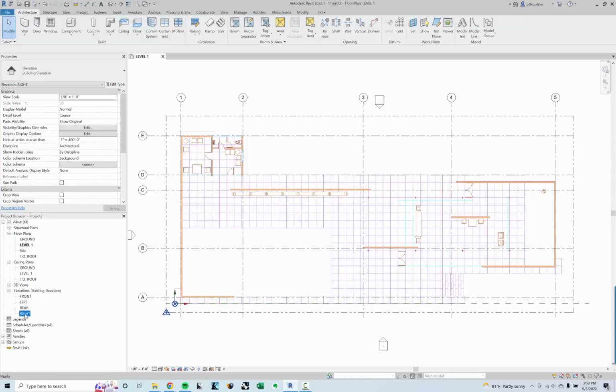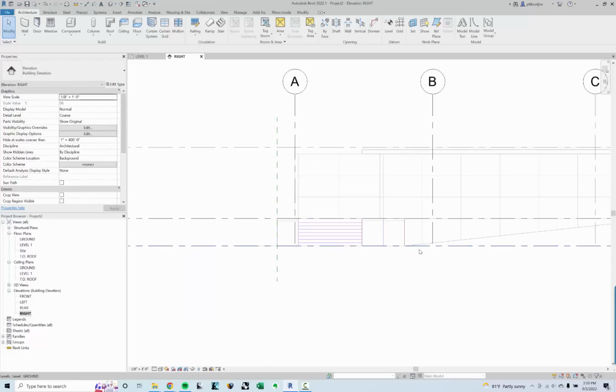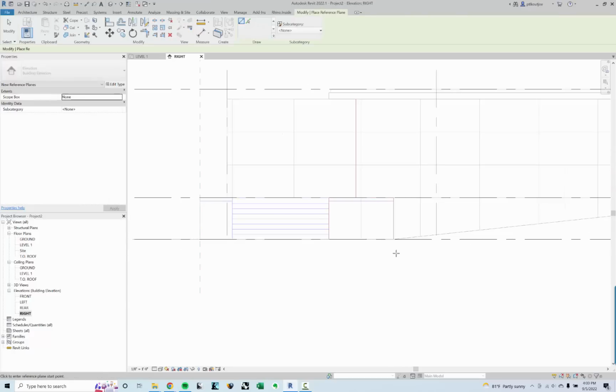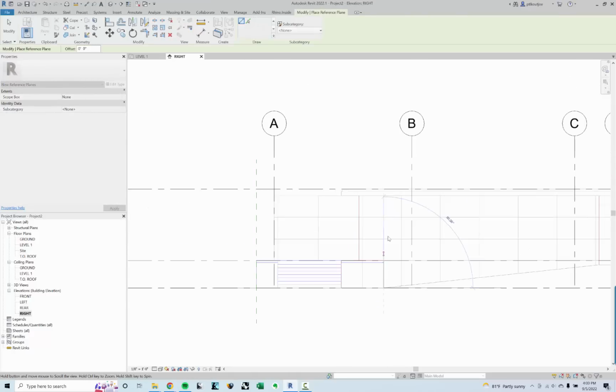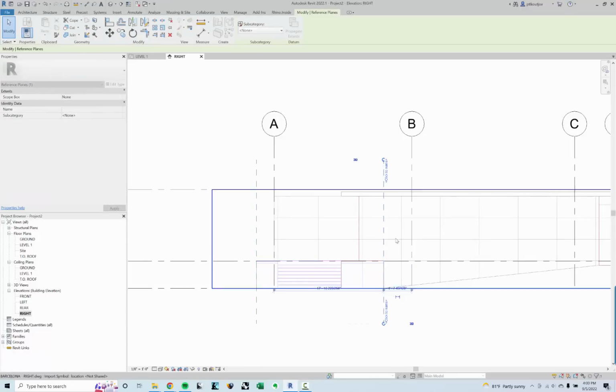So if I go to the right, I can see my grade back to here is all at the same height. So that's actually a good place to put a reference plane. Let's draw a reference plane there so we know where that is. And we'll call this extent of